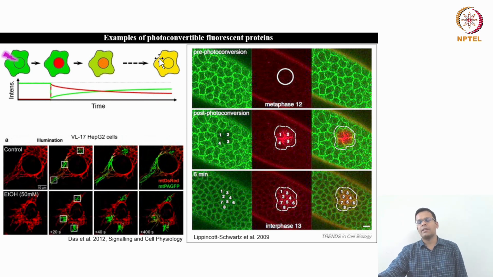So eventually it will look yellow in color if you merge both channels, because the red protein which was present inside the nucleus has come out, and the green protein which was outside the nucleus in the cytoplasm has gone into the nucleus. And that's why the entire cell gives you both red and green fluorescence, and if you merge them you can see the yellow colored fluorescence.